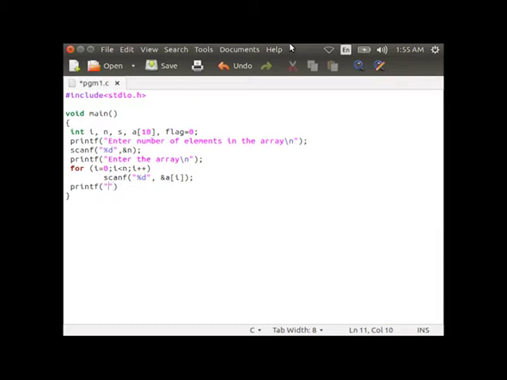printf("enter the element to be searched"); scanf("%d", &s); Now, let us start the second for loop. for(i = 0; i < n; i++)